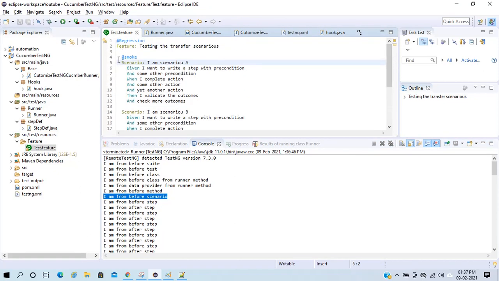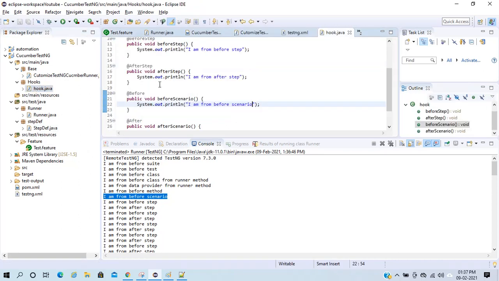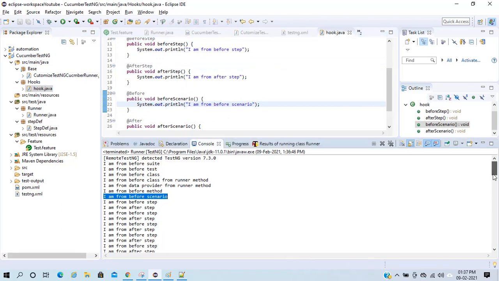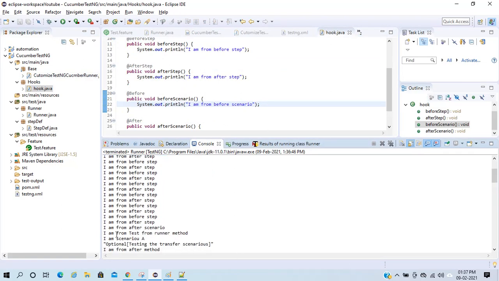Before executing any scenario, it gives a call to my hook, I am from before scenario, and after completing the scenario, it will give a call to my after scenario.